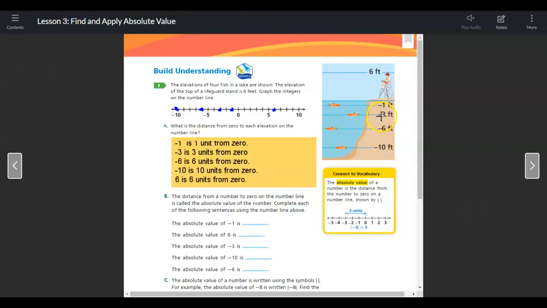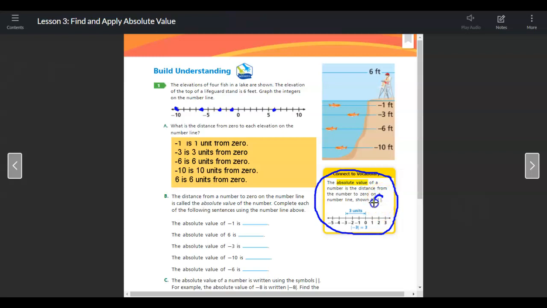So no matter if it's negative or positive, how many units away it is going to be positive. The distance from a number to 0 on the number line is called absolute value. And right over here, you will see that as a vocabulary word. Remember, you can find vocabulary words on Quizlet. The absolute value of a number is the distance from the number to 0 on the number line, shown by,